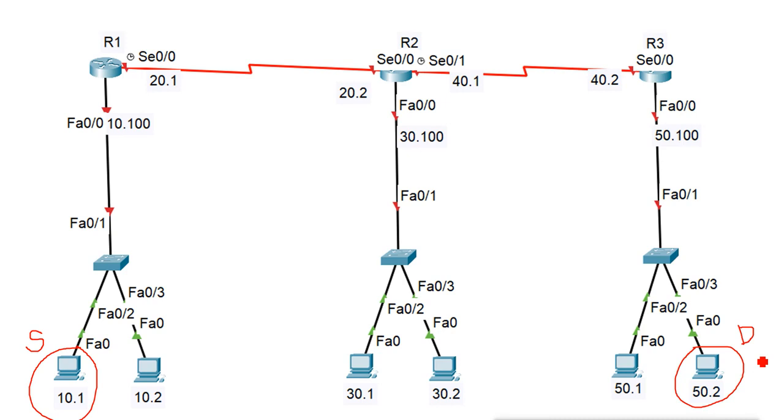First, what does the standard list do? In a standard list we only mention the source address. It will do filtering based only on the source address. That means it will check only the source address and not anything else. And that means it will basically block that source address for everything.